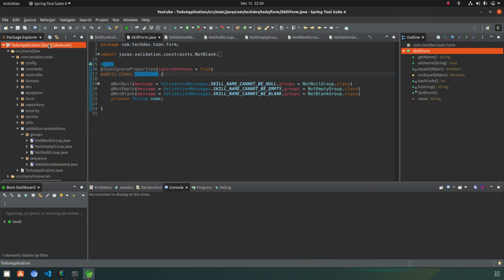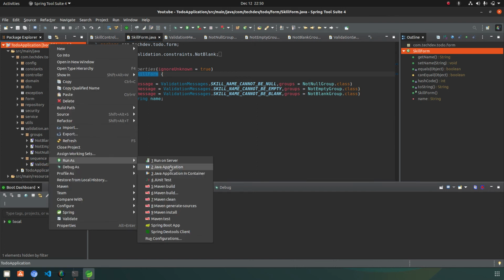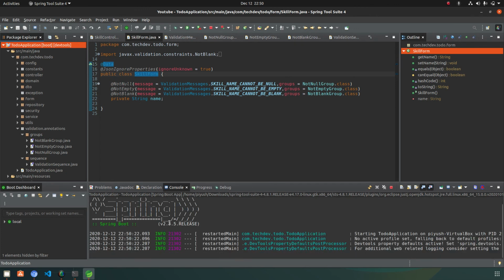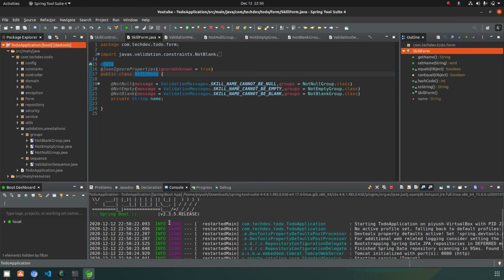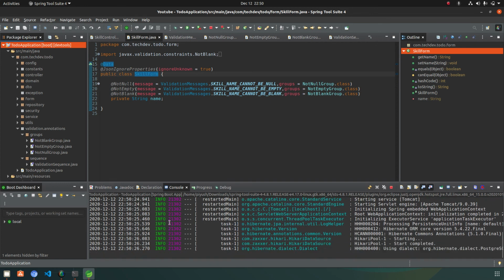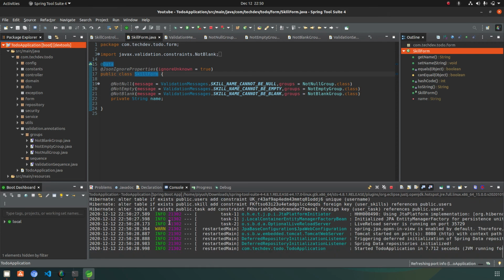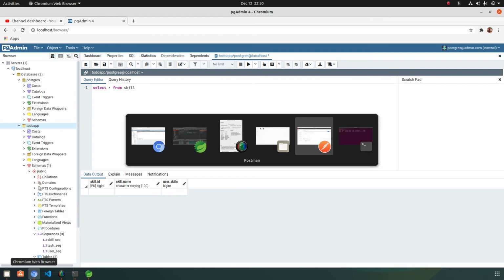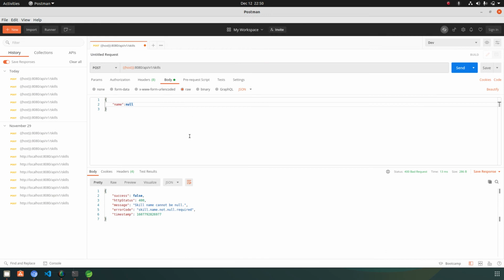So let's start this application. Let's open the Postman and check that the API's validations are working fine or not.